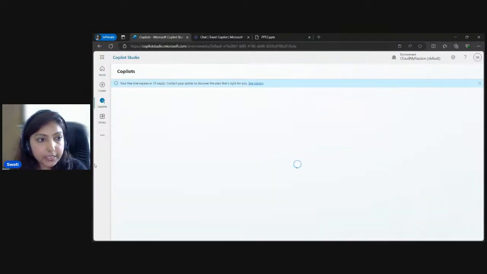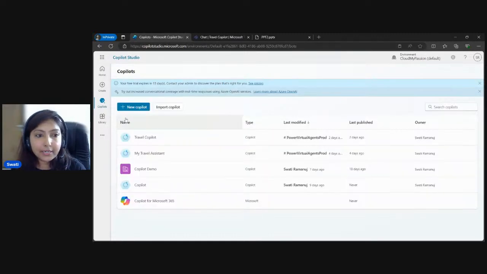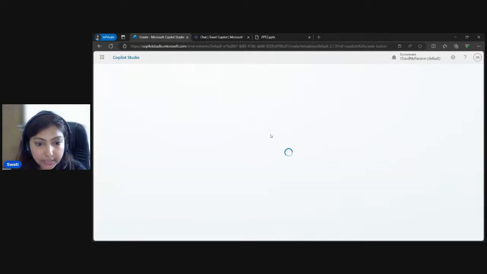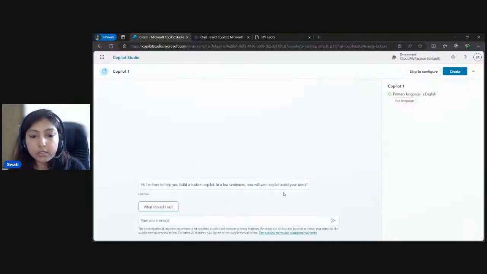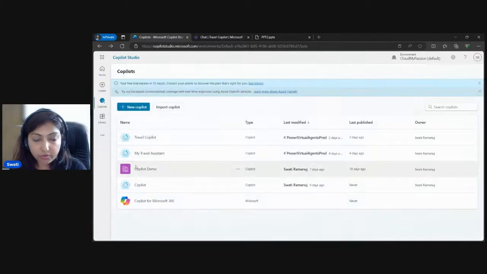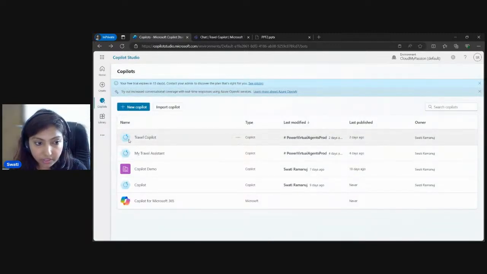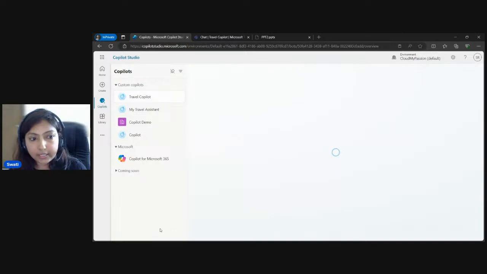I'll go to Copilots. So to create a new Copilot, you just have to click on the new Copilot button, and provide just a few pieces of information. Again, here we have a Copilot to create your Copilot. So we can give information about what kind of Copilot we want, and it will create it. Or rather, we can simply go to configure, or we can just click on create, and it will create a Copilot for you. So very quickly, within a few seconds, you have your Copilot created. And if I show you the one that I have already created,